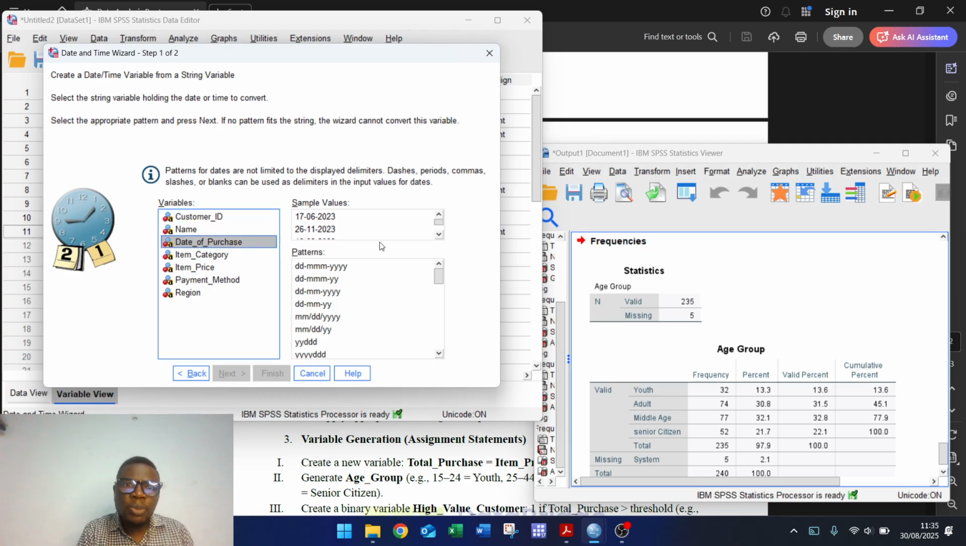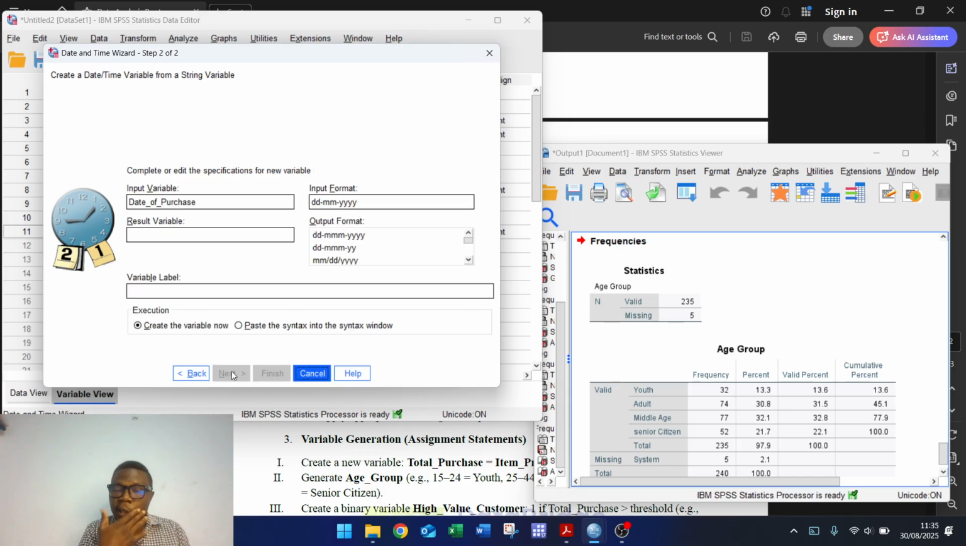So since we are working with date of purchase, we'll now pick sample. So let's pick DDMMY. I think that's what we have in the instruction. So now, which format do you want to bring it out? We want it to come out like this format, and we can give it a name now. So we can call it